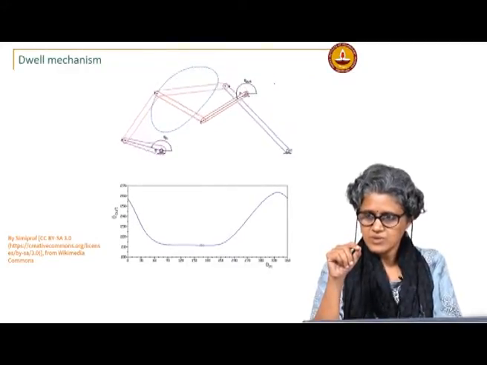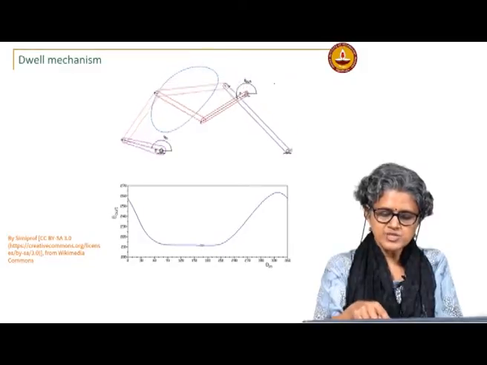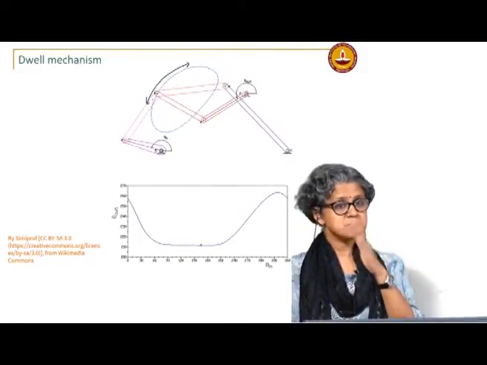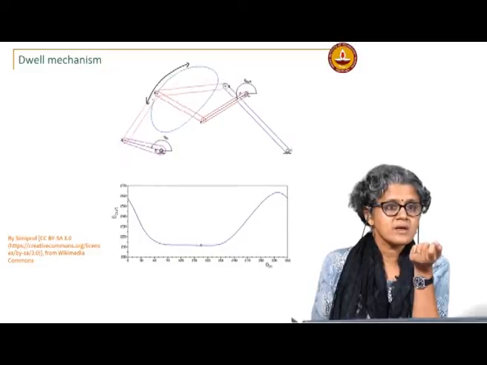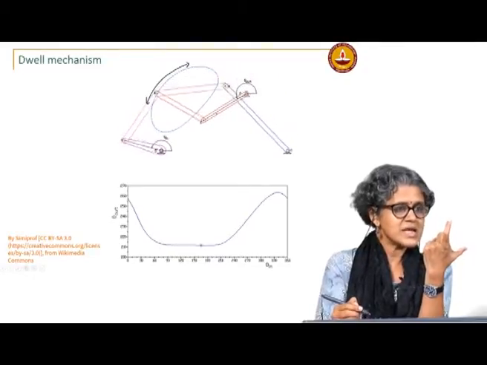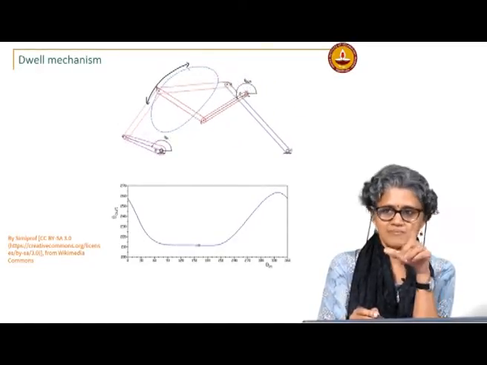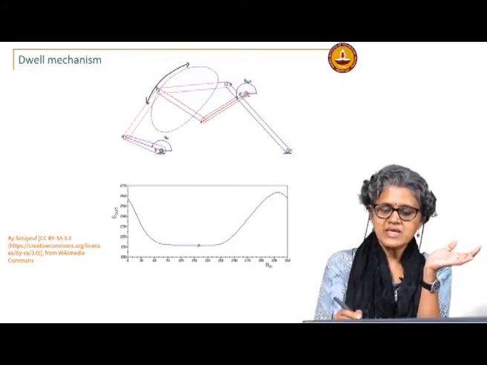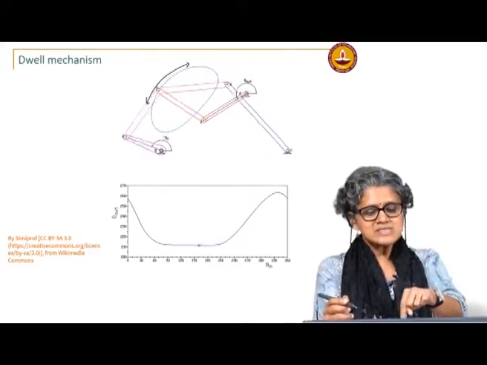And D is tracing this path, and it so happens that this portion approximates a circular arc. So, what happens? It means it has a constant radius of curvature. So, if I pin a link, this link, with a length equal to that radius of curvature, then when it comes to that point, this point E does not move, and if E is connected to the output link,